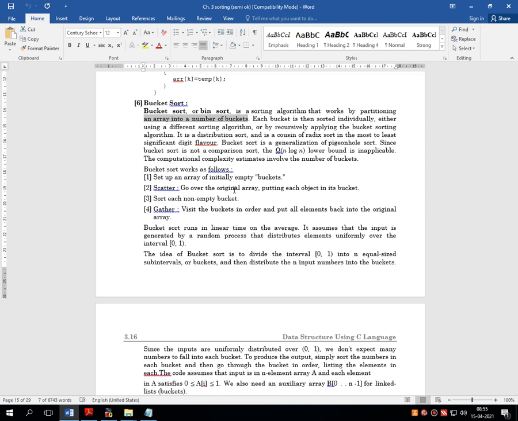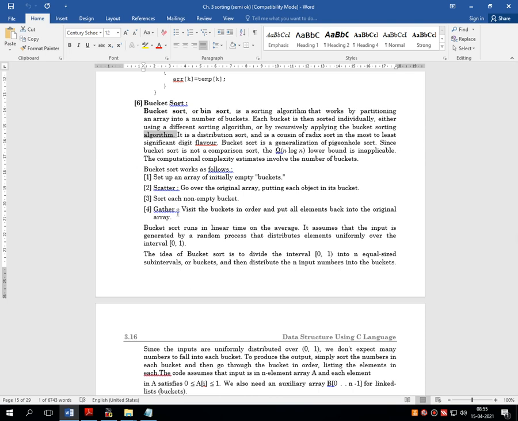Each bucket is then sorted individually, either using a different sorting algorithm or by recursively applying the bucket sorting algorithm. Here we have to keep two things in mind.